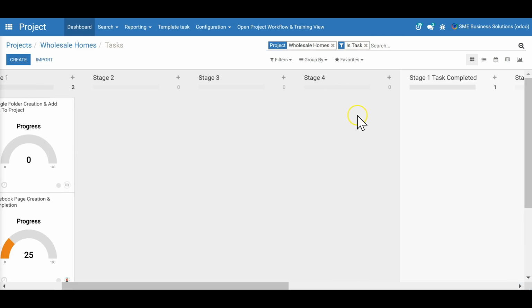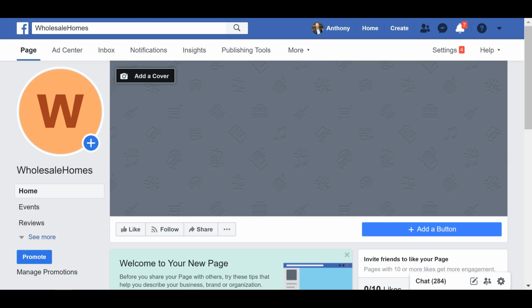All right, so the next part of what we're doing is combining everything together, because fundamentally the core objective here is to start running Facebook ads, create a bit of a community on our pages and our clients' pages, and really start